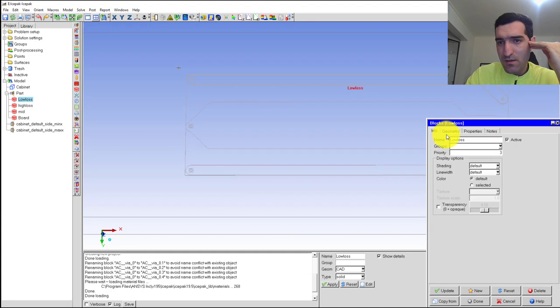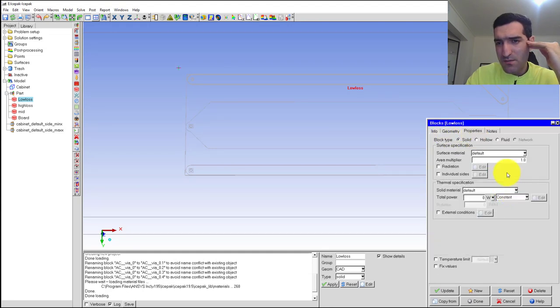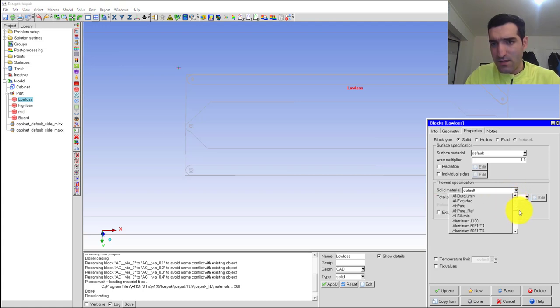Maxwell. So for the low loss, for the properties, for the material, we will select CU pure, update done, and for high loss as well we'll select CU pure, done, update, and for the middle trace as well